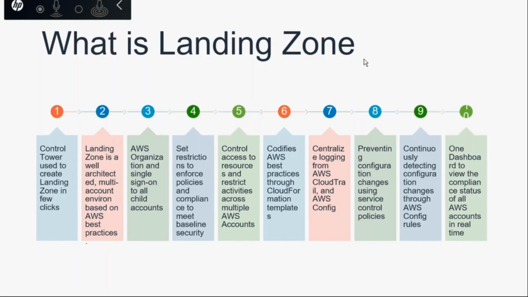And they have a centralized log. Whatever your AWS CloudTrail and AWS Config logs are, they will be logged in a centralized place, in an S3 bucket, obviously. So even if you have multiple accounts, all the logs will be stored in a centralized account. That will be very useful for you. Suppose you go for Splunk, a log analyzer, any SIEM tools or any logging tools, you can just get the logs from one account. It's enough.